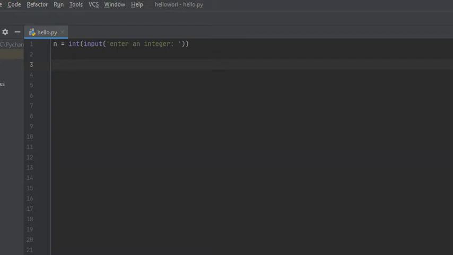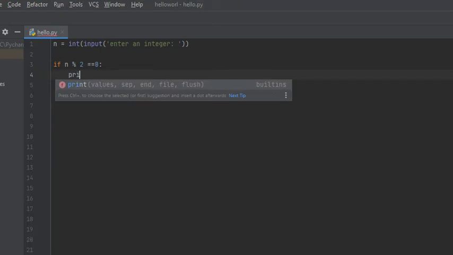So to determine whether an integer is even or odd, all we have to do is see if 2 divides evenly into it. So what we can say is if n modulus 2 is equal to 0, we're just going to print